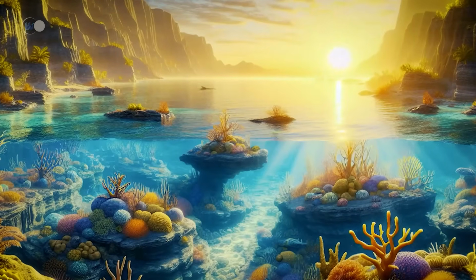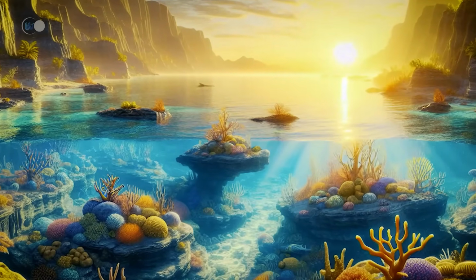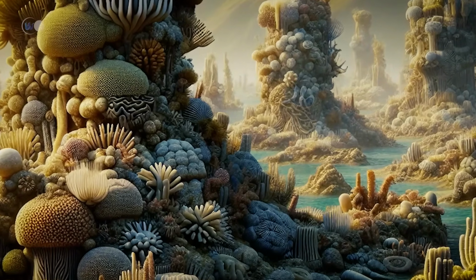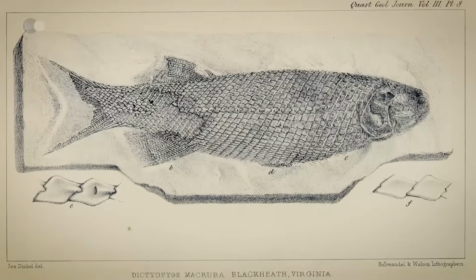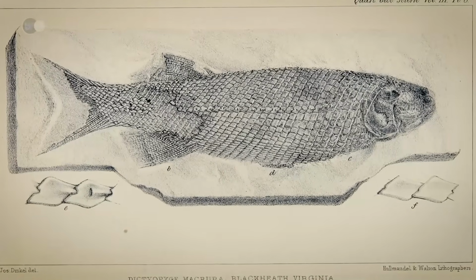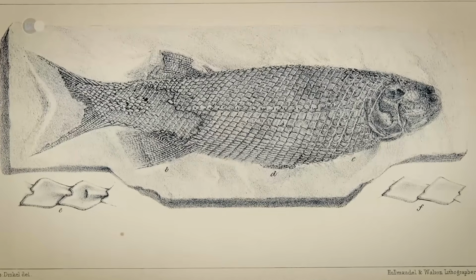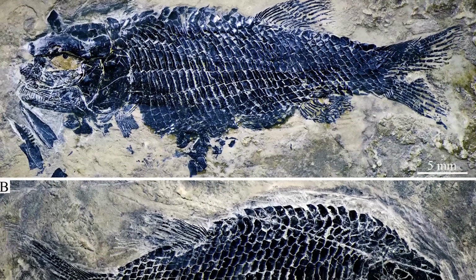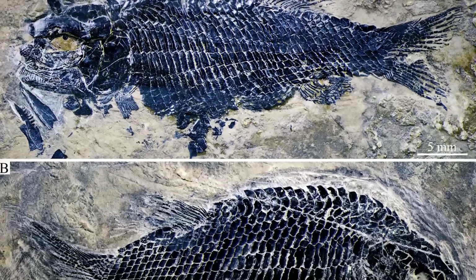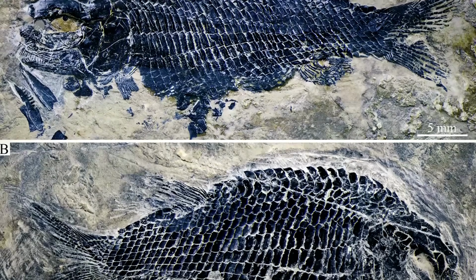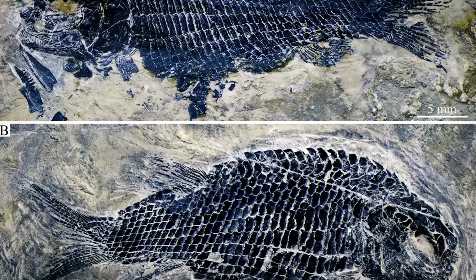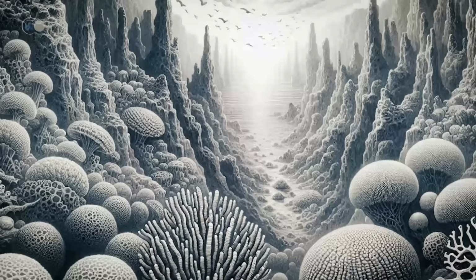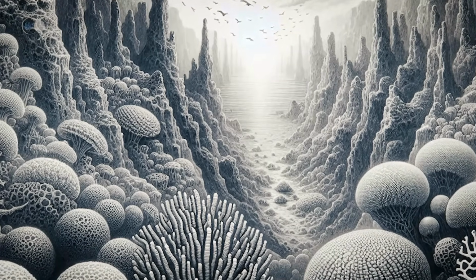Parallel to the coral renaissance, the Middle Triassic seas witnessed the rise of ray-finned fish, or actinopterygians. These fish, highly varied in shape and behavior, possess fins supported by thin bony rays, ensuring them agility and stability. A deposit discovered in 2024 in Antofagasta, Chile, reveals their great diversity during the Anisian and Ladinian periods. In marine ecosystems, actinopterygians occupy various niches. Some filter plankton, others hunt small invertebrates or swift prey. This dietary diversity supports the food chain and enhances marine biodiversity.